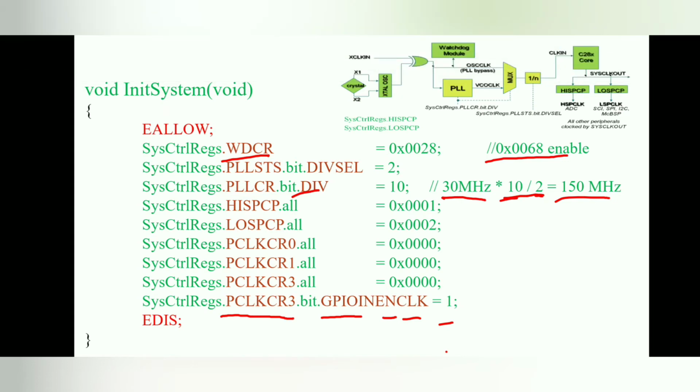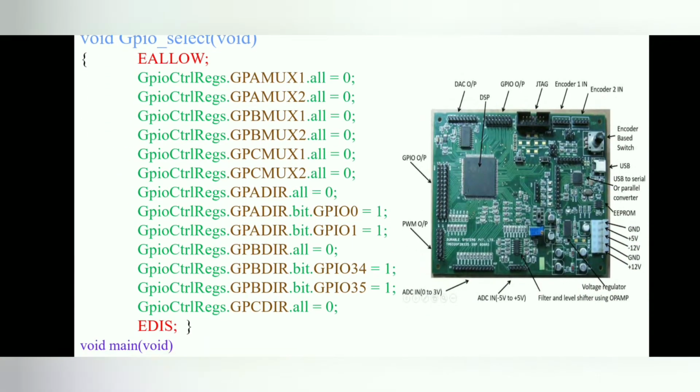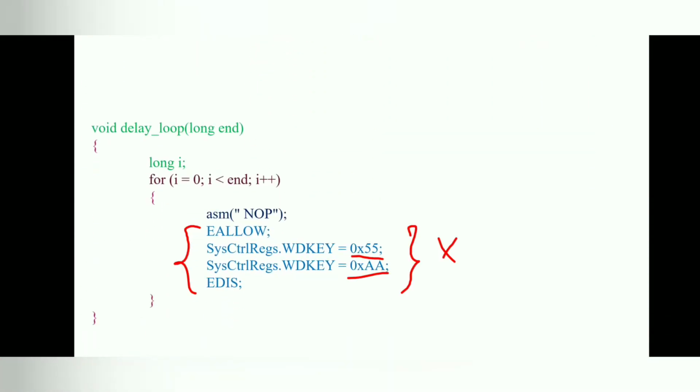Now you have enabled the watchdog counter register, and if you didn't use the watchdog counter register somewhere else in your main code, then after a few milliseconds' duration your code will not work. So what is the solution for this? You have enabled the watchdog counter register, and after a certain millisecond duration the code will be interrupted and the code will be reset to 0. Your entire output will be 0.